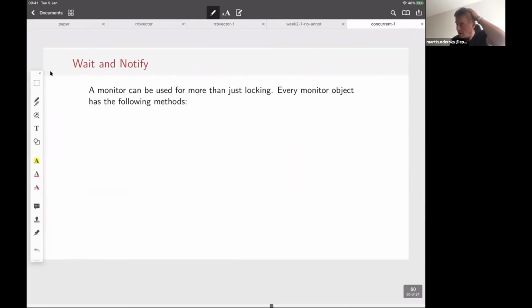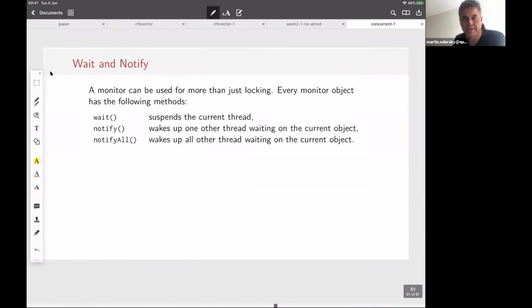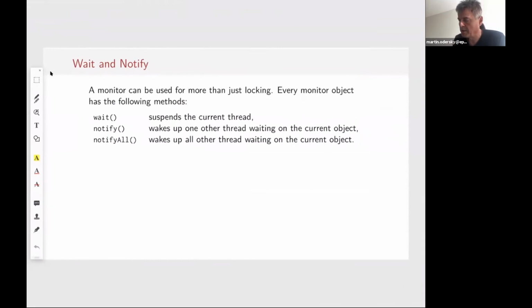Okay, so what we need then is more functionality in our monitors, and that's what essentially we will look at now. So we will make use of the following methods here. There's a wait method that suspends the current thread, and then there are two versions of notify and notify all. So ideally, in this model, what we would like to do is we would say, hey, we want to wait for a condition. Let's say wait until the buffer is empty, or that could be an arbitrary complex Boolean condition.